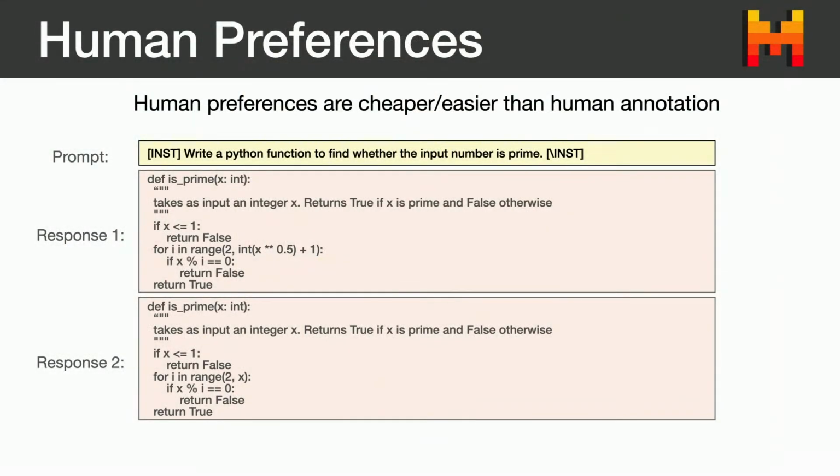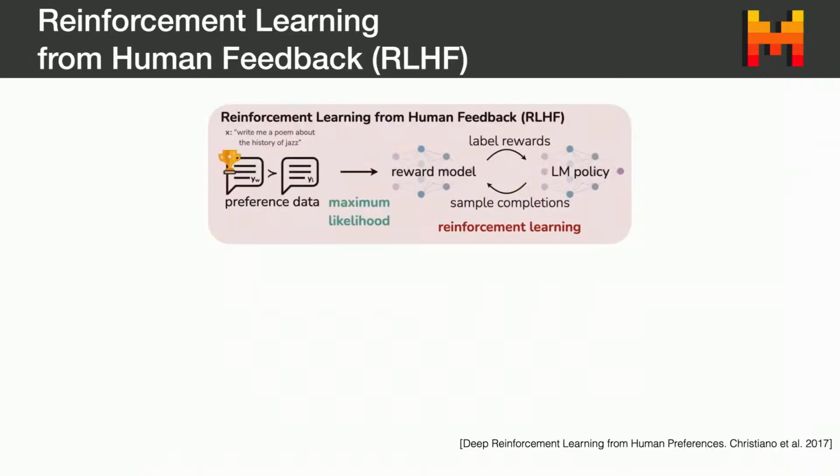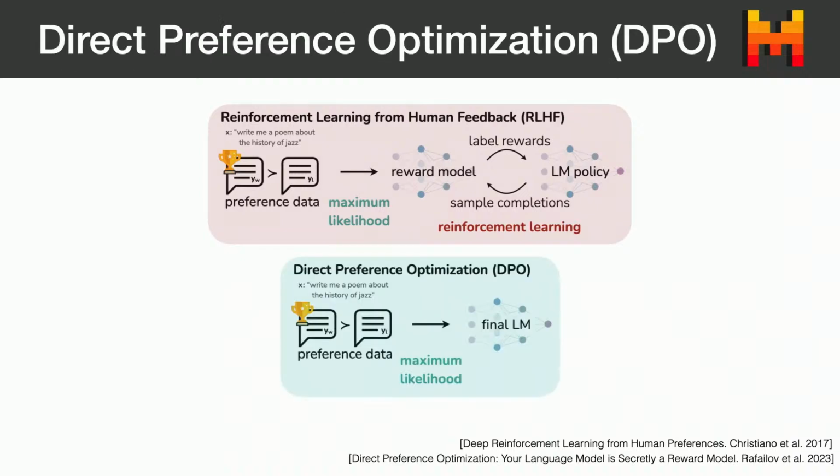that human preferences are cheaper or easier to obtain than full human annotation. If I give you a prompt like this and 2 responses, it's much easier for a human to decide which response is better than to write the whole response from scratch. And so this allows us to scale data faster. And there are 2 main techniques, reinforcement learning from human feedback and direct preference optimization, where we use this kind of preference data to fine-tune the